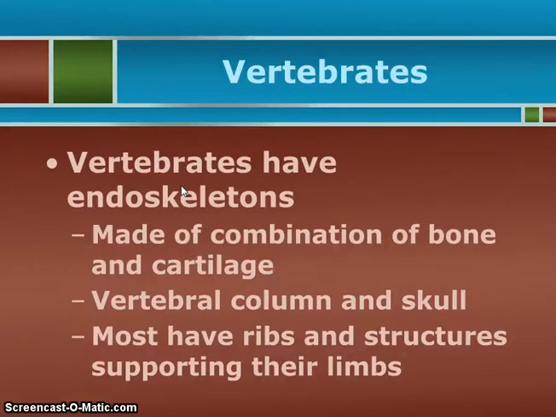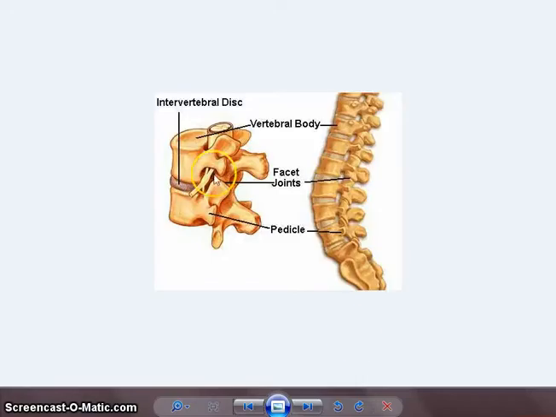The endoskeleton then, made of bone and cartilage, also has the vertebral column and a skull. Most of them have ribs and structures supporting their limbs. And so when we think of the entire skeleton,